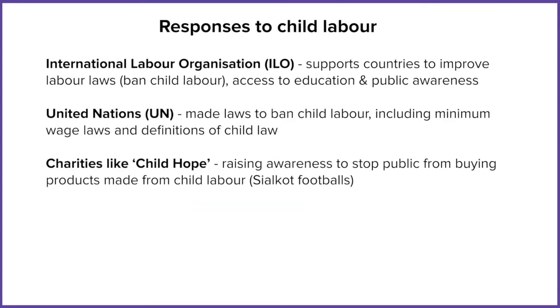So what's actually going on here? Well, there are a few organisations that are trying to reduce the amount of child labour that's going on around the world. So the first one is the ILO, or the International Labour Organization. So they actually go around and they audit different countries. So they sort of look at where child labour is happening or what practices are happening, and they work with the governments to educate and raise awareness and show them ways in which they can try and reduce the amount of child labour that's happening.